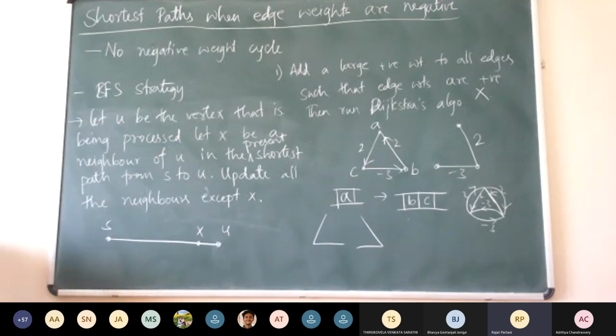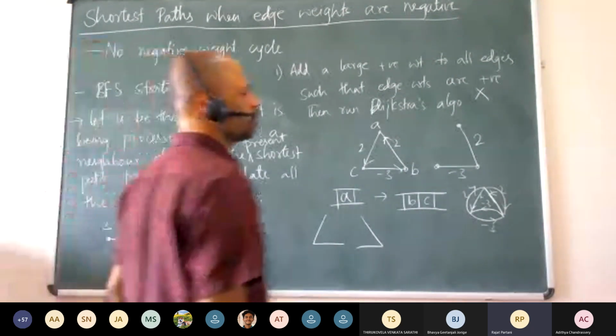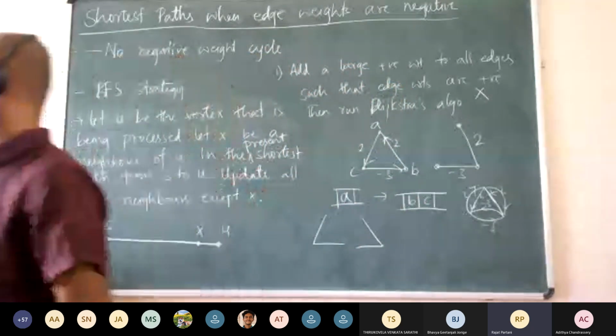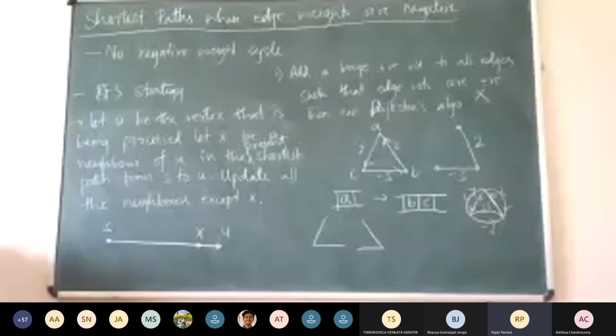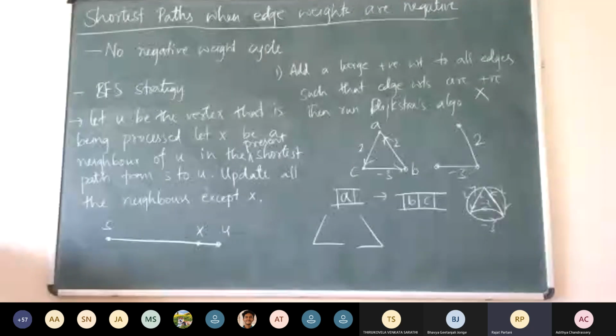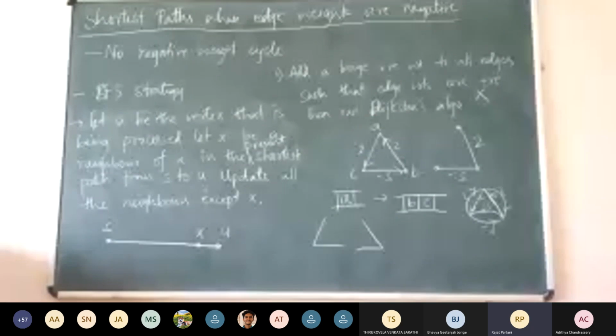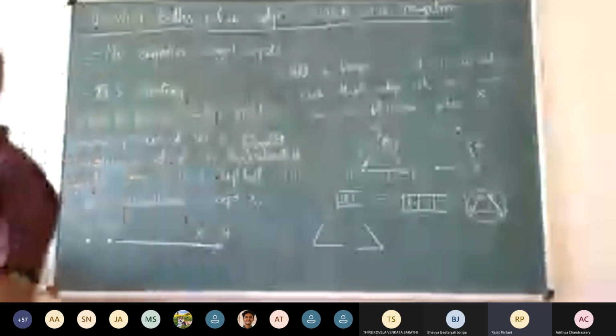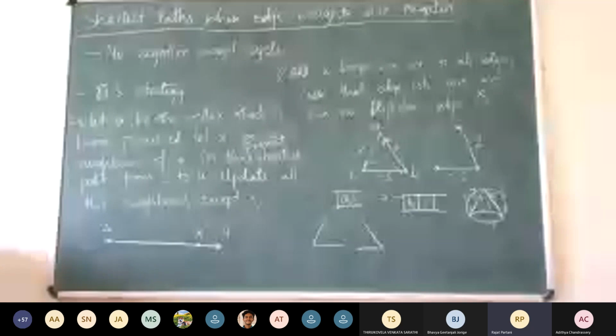Why are we saying that we cannot use an edge twice when there is an undirected graph, but in the negative cycle we are saying that we can use edges twice? No, even in the directed graph we are not using it. The directed graph will work because between two edges like C to B and B to C there won't be a negative cycle. But sir, in this graph there is a cycle, so this is a negative cycle only in the undirected sense.